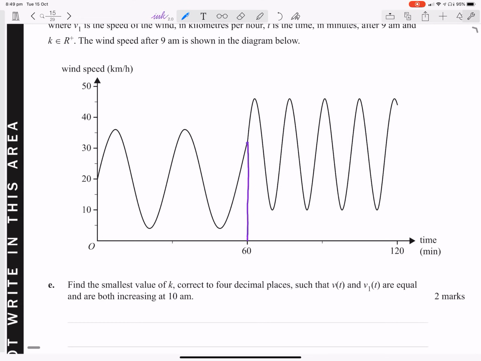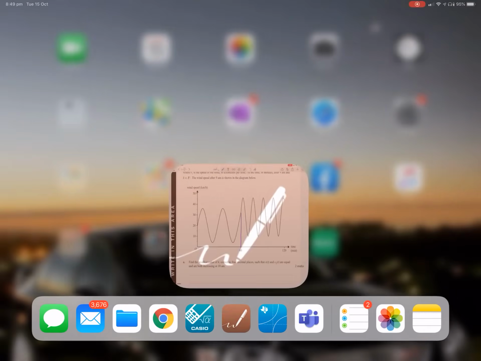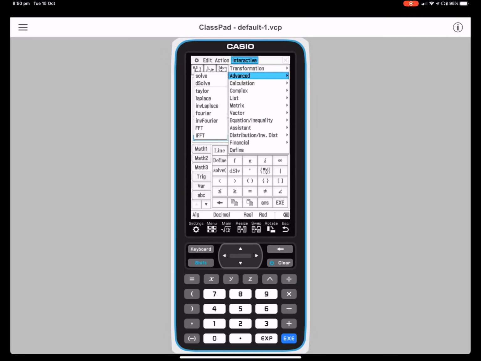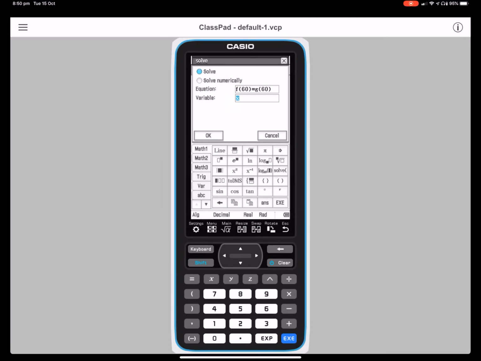We let them be equal at 60. So if I said f of 60 equals g of 60 and solve for k,